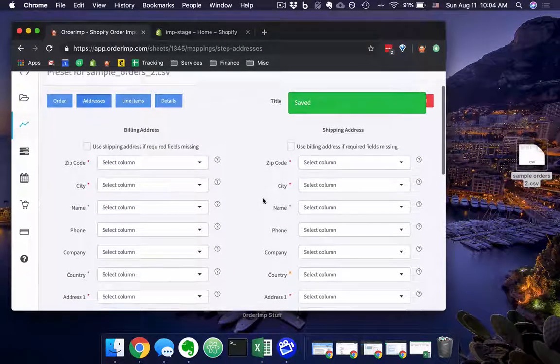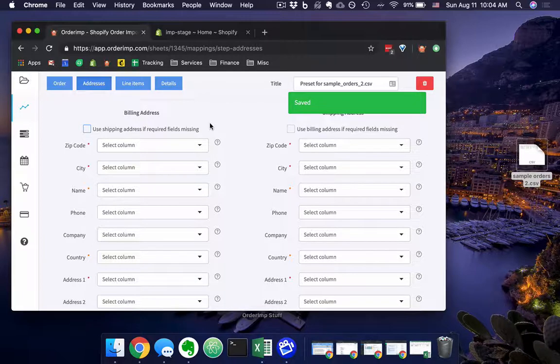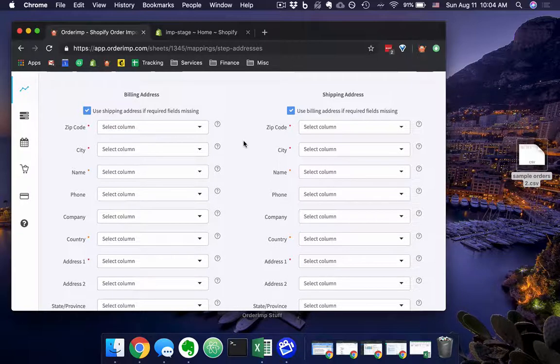Now you're on the addresses page. So I typically prefer to check both of these boxes where if any information is missing from either the billing address or the shipping address, but the other column does have that information, it'll go ahead and use that. So if perhaps I have only billing addresses for everything on my order, but we presume that the shipping address is the same, then it'll go ahead and just pull all that information over from any of the mapped columns on the billing address